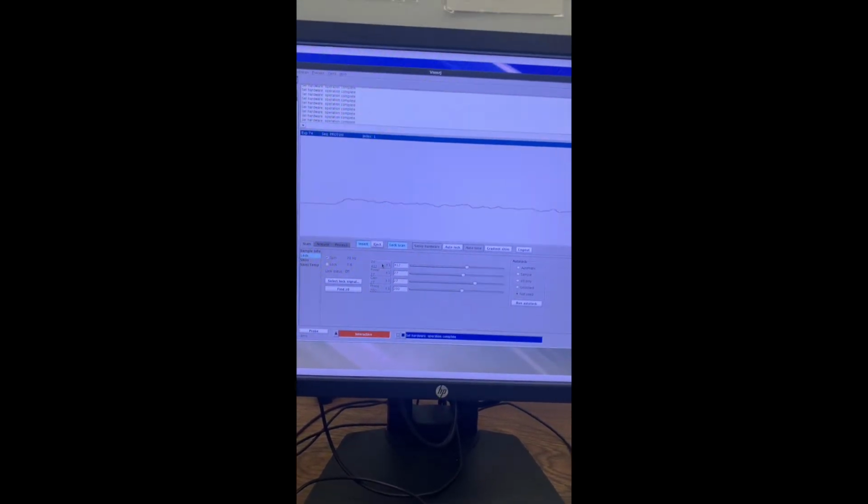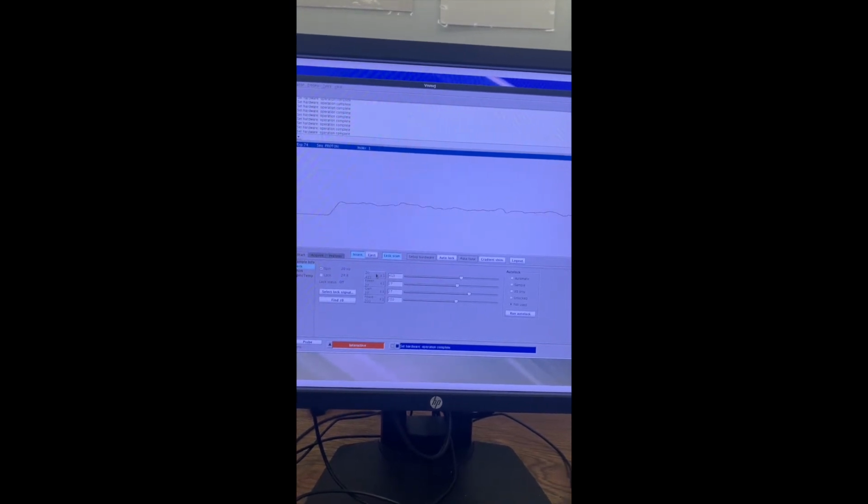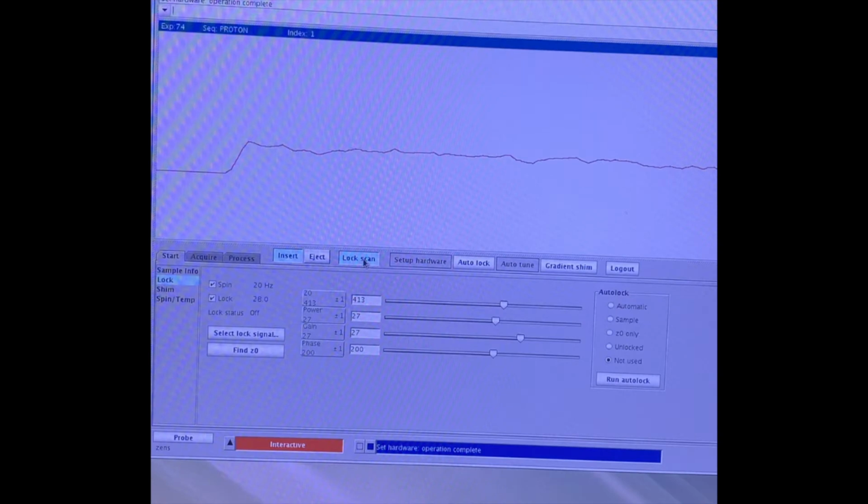The wavy signal that's going to show up when you hit the lock scan is the deuterium signal, and we want to maximize that, so we're going to go to the Z0 tab, and that is what the last experiment was locked at. You can adjust by 1, 10, or 100, right and left hand click to increase and decrease respectively. After you optimize the lock signal, you are going to lock it and deactivate the lock scan and move